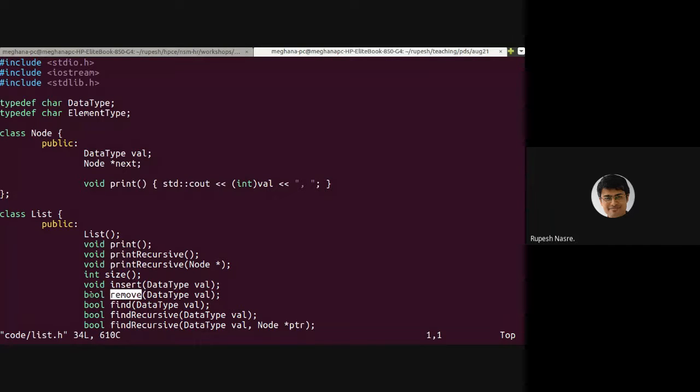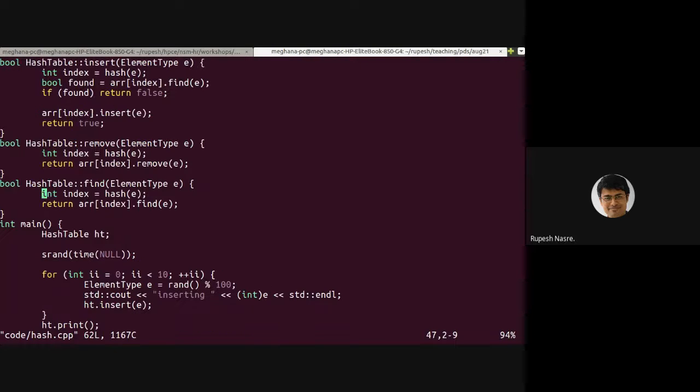So remove is actually returning a boolean, and we know from the semantics, and we can look at list.cpp to figure that out. If the element is present, it returns true. If the element was originally not present, then it returns false. So I can make use of that to reduce the functionality in the hash table. Reduce the code size in the hash table, so that I just return whatever list removal does. Can I make use of the same in case of insert, where I say this first line int index equal to hash e, and then return ARR of index dot insert e?